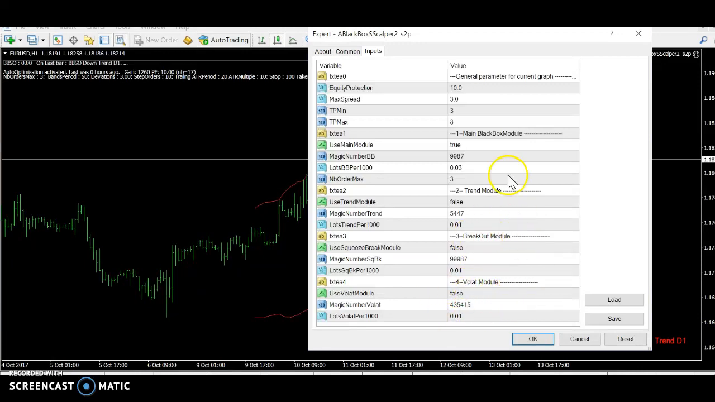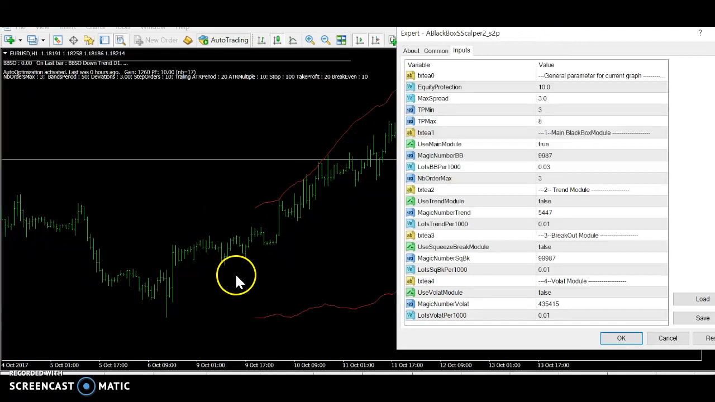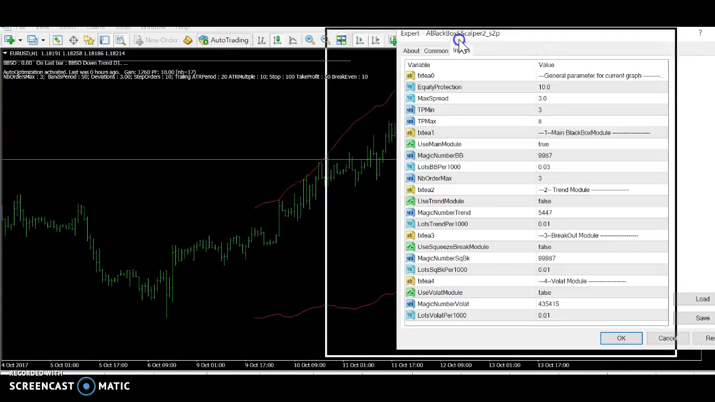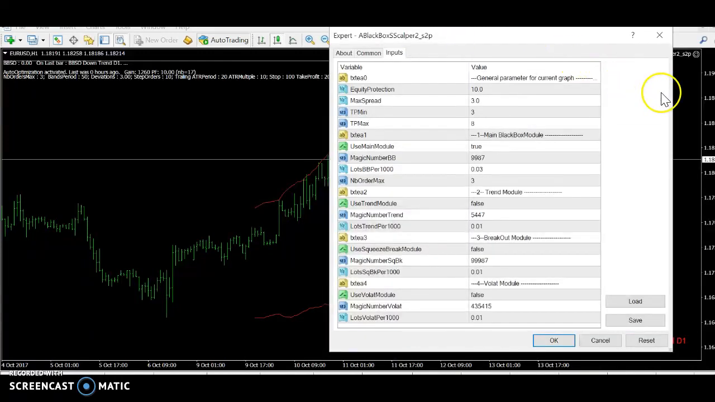The breakout module is my pet peeve. It's based on the Bollinger squeeze, where the Keltner band goes inside the Bollinger band, and the Bollinger band goes inside the Keltner band, and you get an area of very low volatility, then a breakout. And this will do a breakout. It's equivalent to what